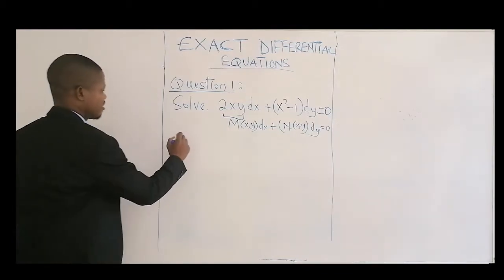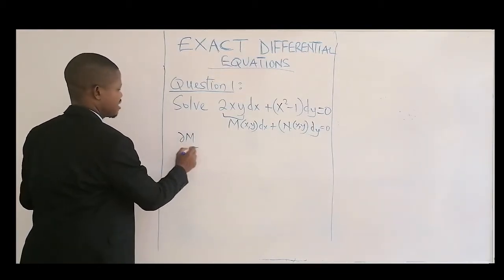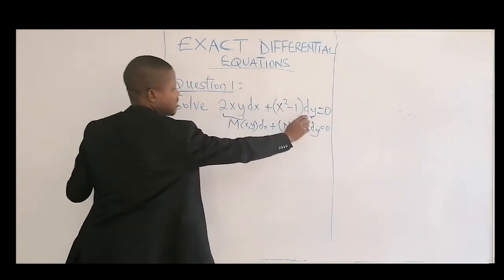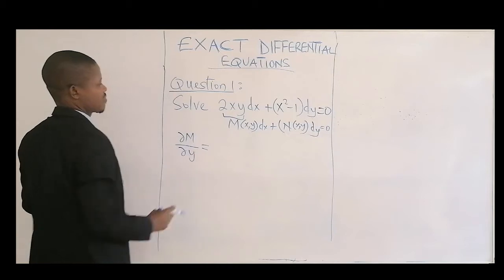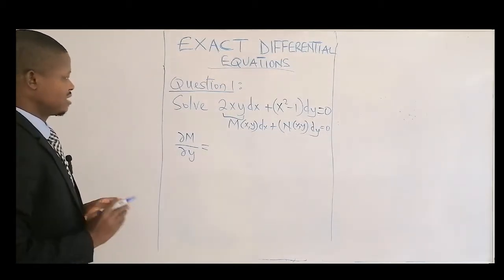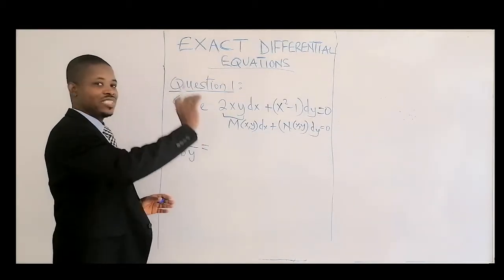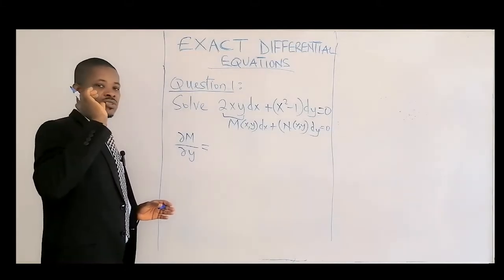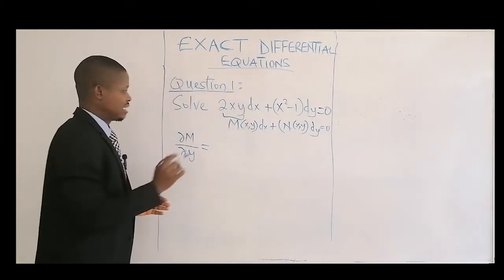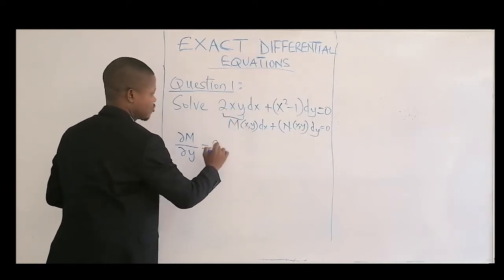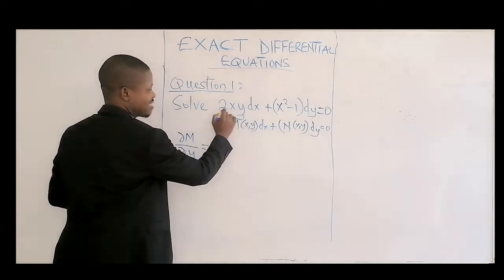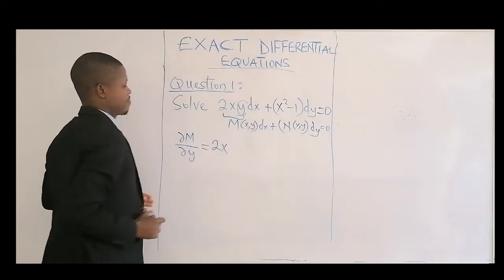So the next thing is to now take the M and differentiate that partially with respect to y. When you are differentiating partially, it's very simple. You are only looking for that variable to differentiate. I'm looking for y alone, and this is my y. If I differentiate y here, it will become 1. I'll just have 2. This one is a constant. I'm only differentiating y.